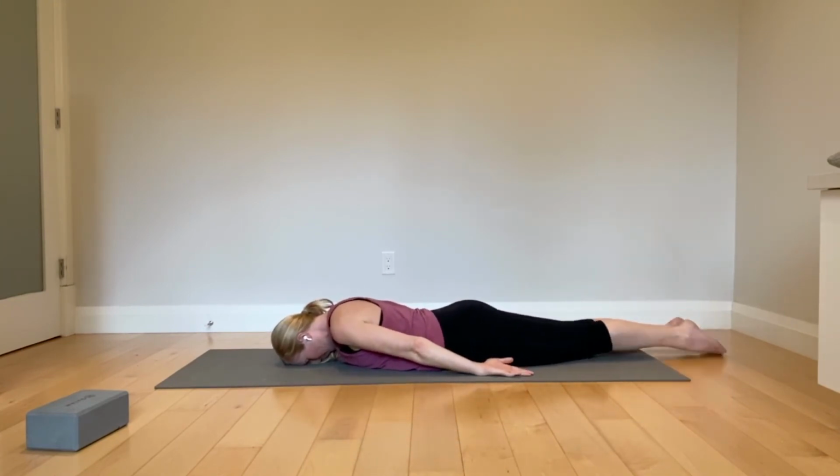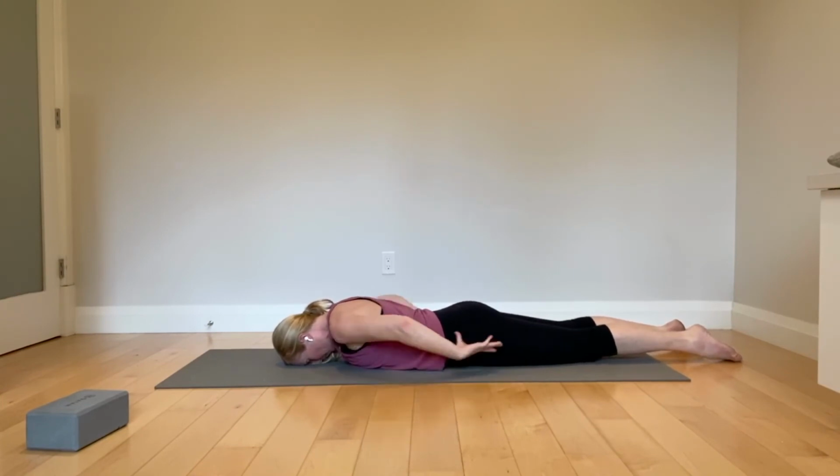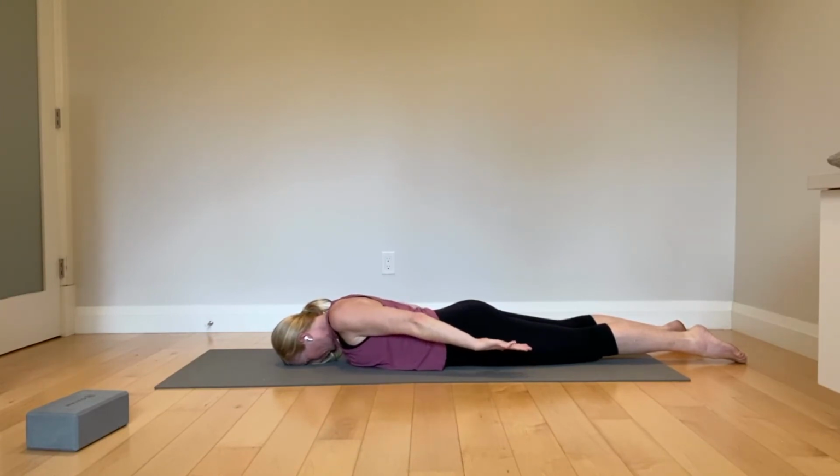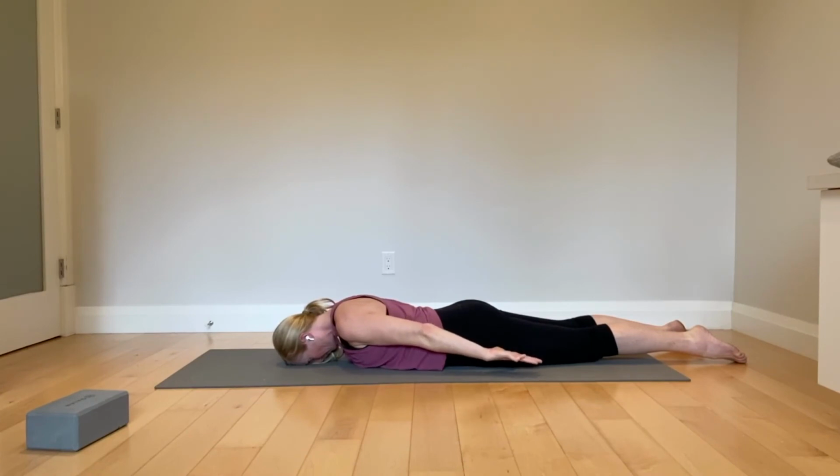I want you to zip your legs together and then begin to irradiate. So pelvis, tailbone down to your feet, and we're going to do the same thing. Try to hover your hands off the ground and shoulder blades up to the sky. Good. Down to the floor,